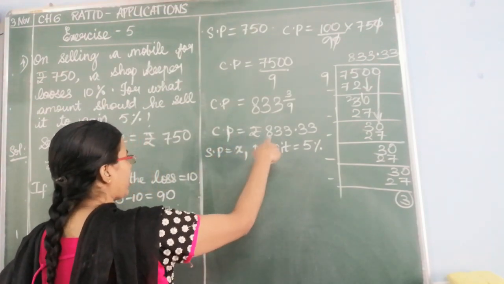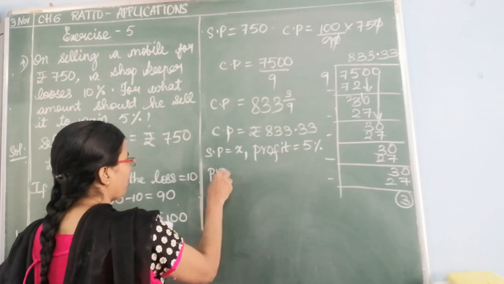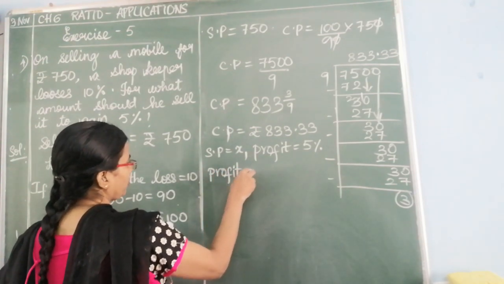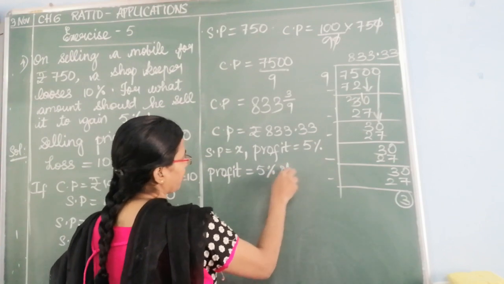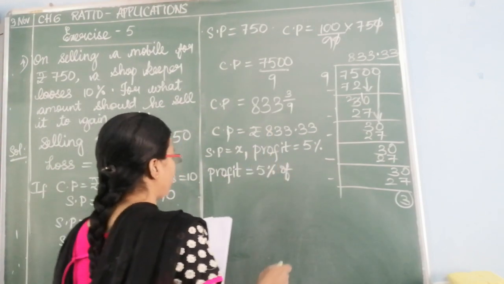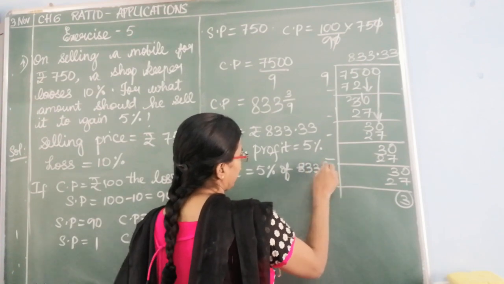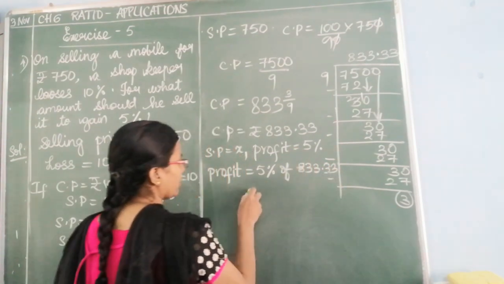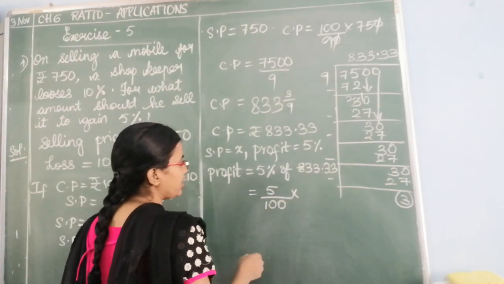Selling cost price is this many rupees. Now you should find out the profit. So this is equal to 5% of this amount. 5% of CP, that is 833.33. So this is nothing but 5 by 100 of, means into